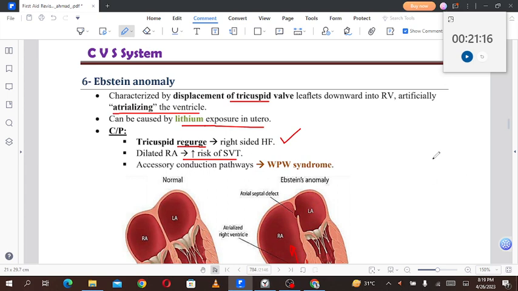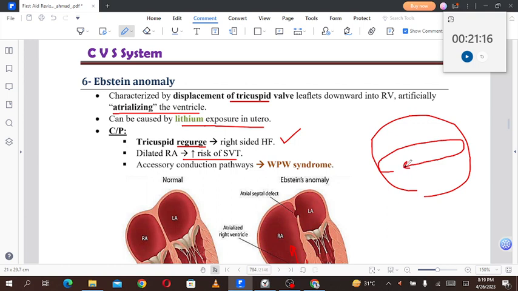Dilated right atrium: if the right atrium becomes dilated or bigger, this will increase the risk of supraventricular tachycardia, because the concept is that if the cardiac impulse reaches the starting point while it is still in the depolarizing stage, the impulse dies out. But if the right atrial diameter is increased to the extent that, before the impulse circulating in the atrium reaches back to the point of origin, this area has come out of depolarization,